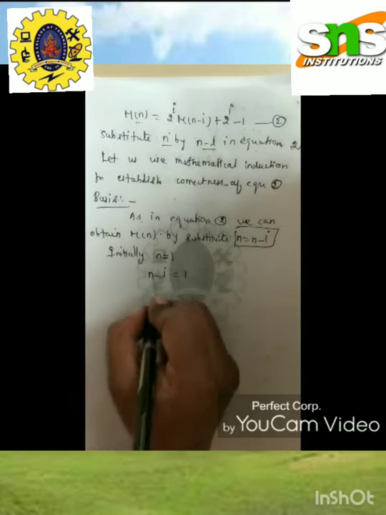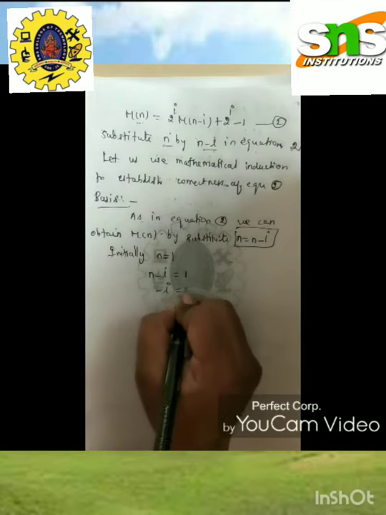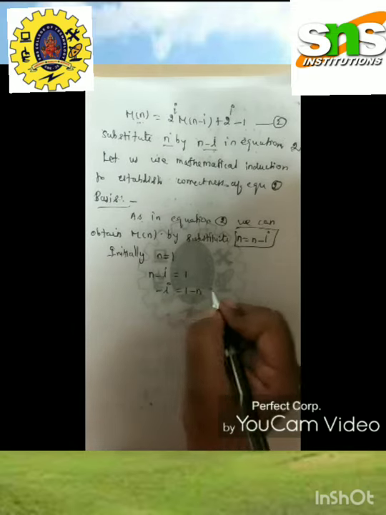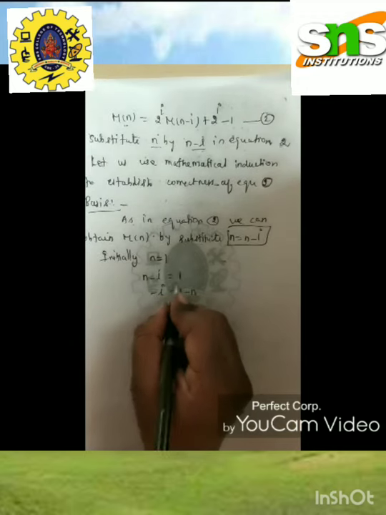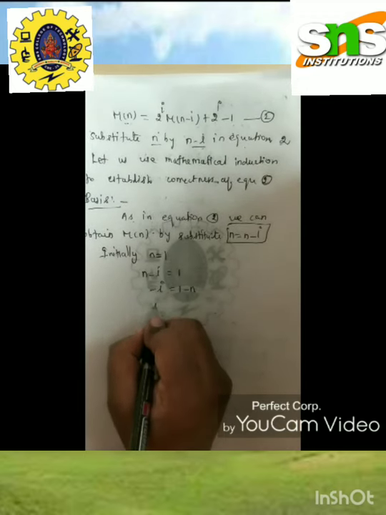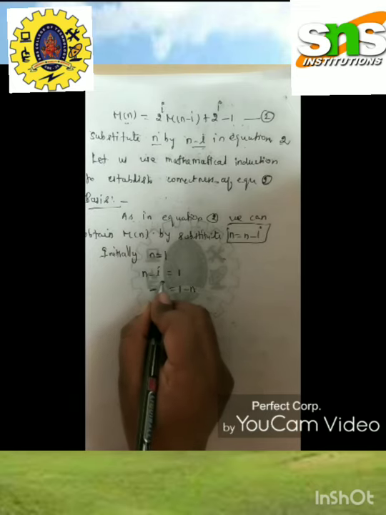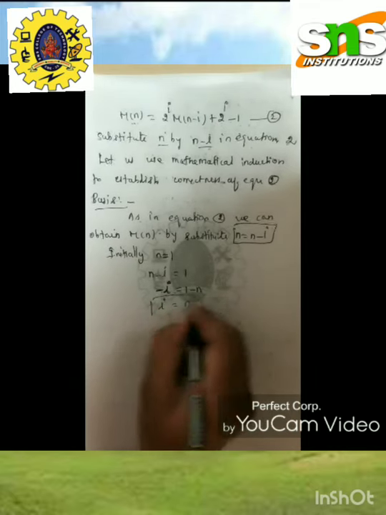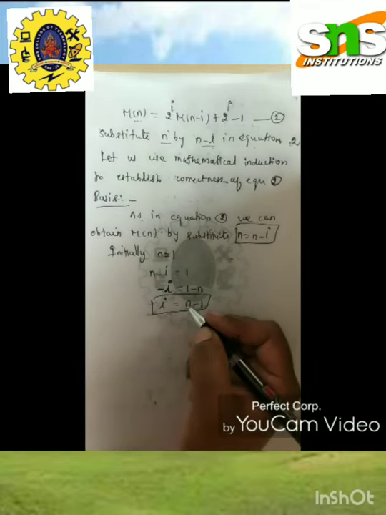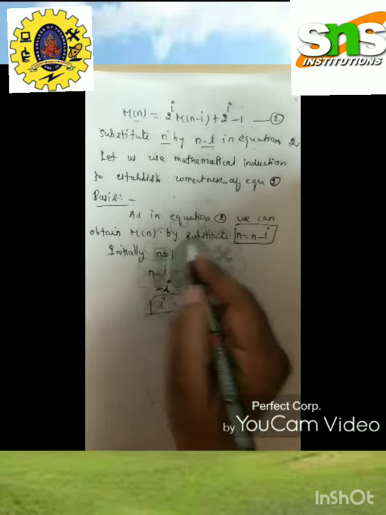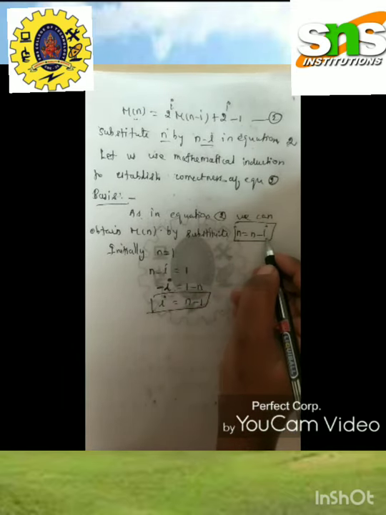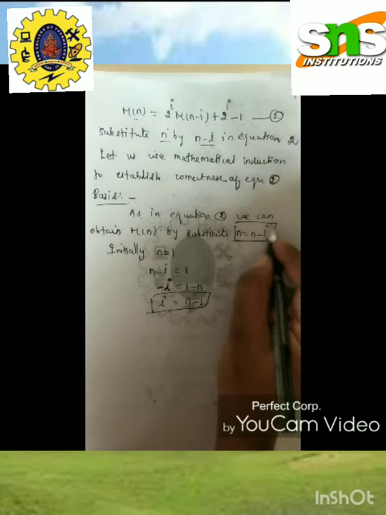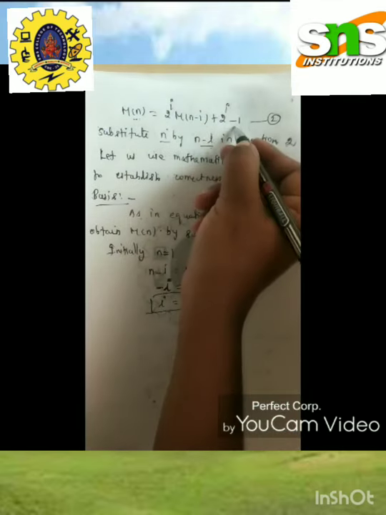Okay, so here minus i is equal to 1 minus n. This will be moved here, 1, then i is equal to... I move this minus symbol to find the i value. I move this symbol, i is equal to n minus 1. Okay, so why am I doing this? I am going to substitute n is equal to n minus i. I want some value for i to prove the correctness of this equation.